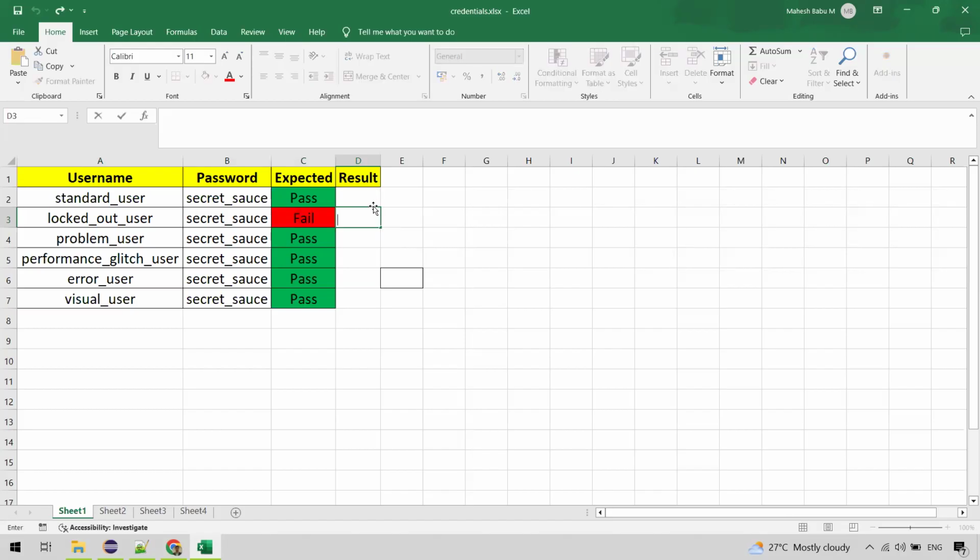So that's what it is. In the same way, we'll fill the result for all these rows. Each row is representing one kind of test data for username and password. So once we are done with the complete test case with all the combinations,